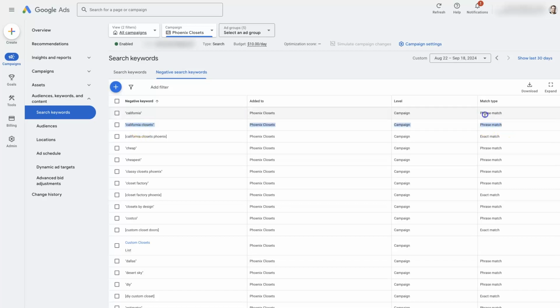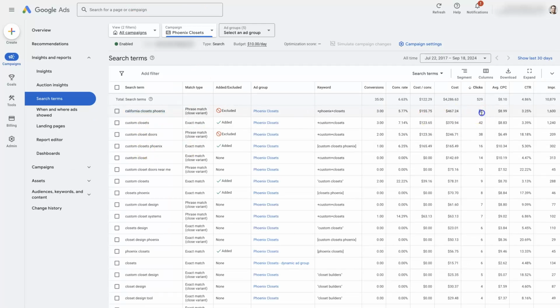By adding a couple of phrase match negative keywords, we can eliminate a majority of the clicks that would come through from those competitor terms, and we can add in this exact match keyword to prevent this exact keyword from firing our ads, because we know that